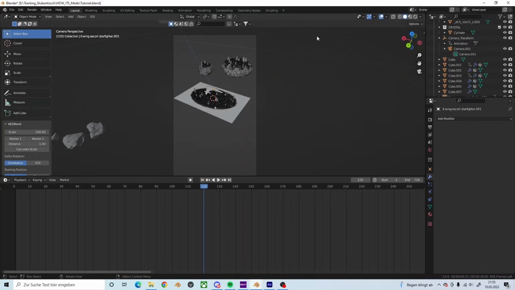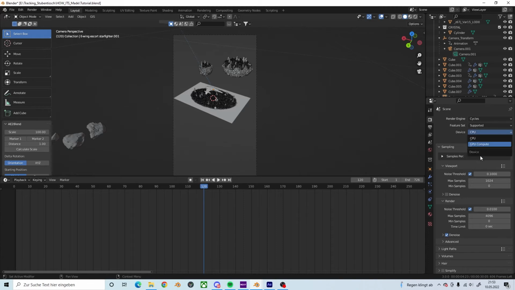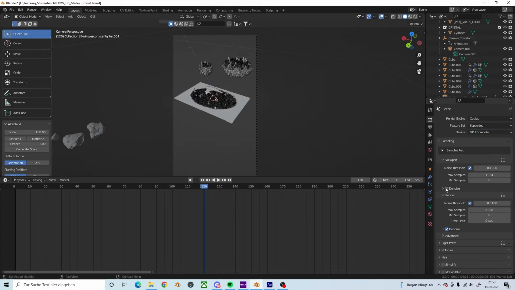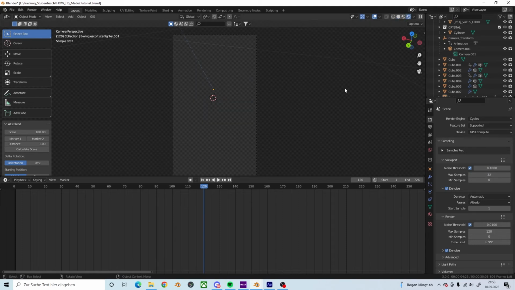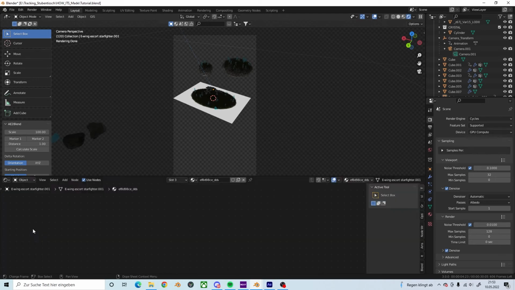So let's fix that now, and for this we want to use Cycles and set it to GPU rendering because it's faster. 128 samples, or 32 for easier visibility, but still we got no lights. So as I told you, many people asked me how I got this light so perfect, and it's quite easy because I knew, if I go into my shader editor